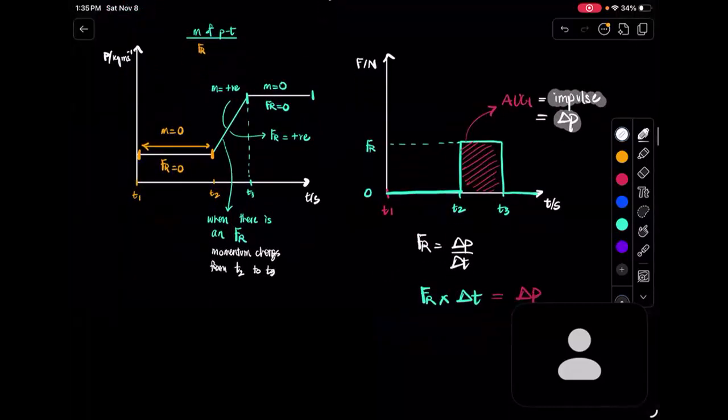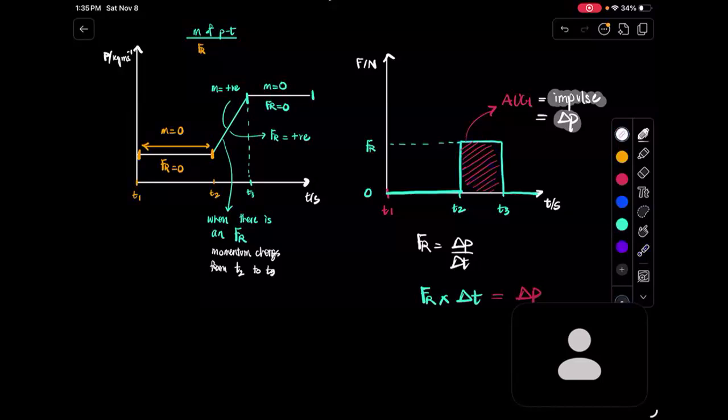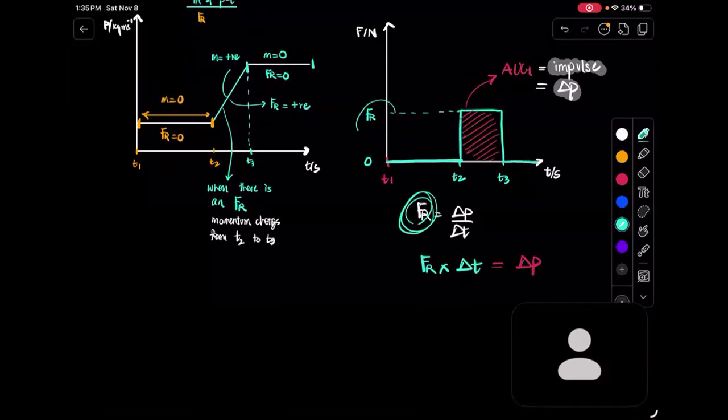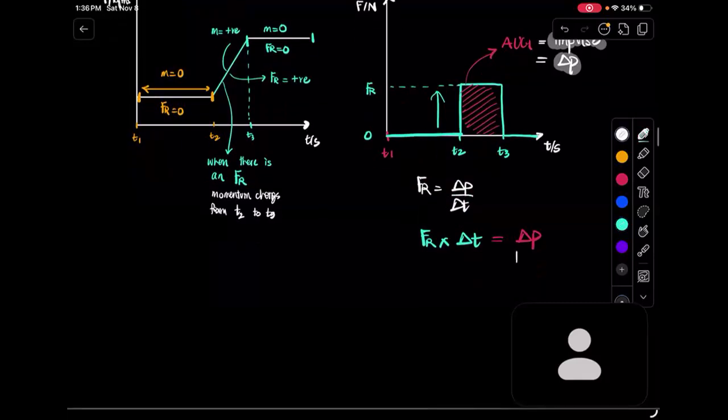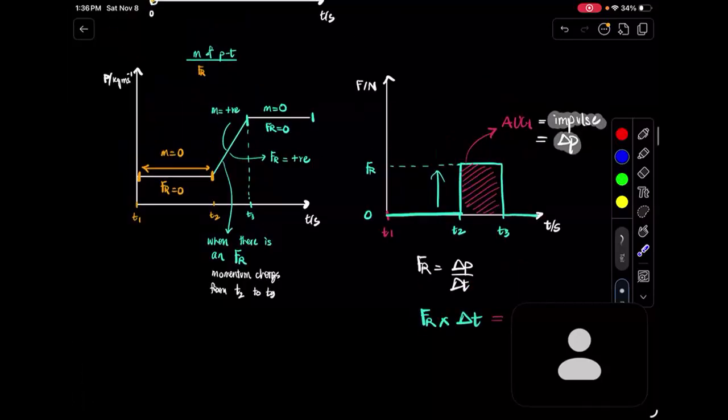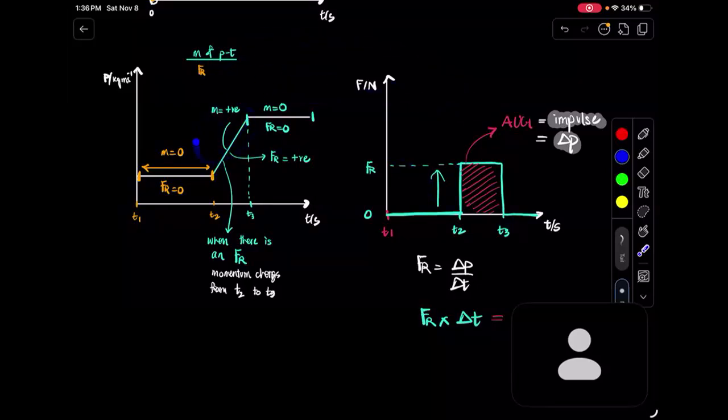So if you were to take the area under the graph of this triangle or this rectangle, that's going to give you impulse, right? Why is it going to give you change in momentum? Because if you multiply resultant force with time, this is the length, this is the width, if you multiply force into time, it's going to give you change in momentum. This is impulse. So that's how you can go back and forth. If you take the area under the graph for this rectangle, it's going to give you this change in momentum. So it's a very weird loop: you can get this from this, and then you can get this from this. This is only applicable